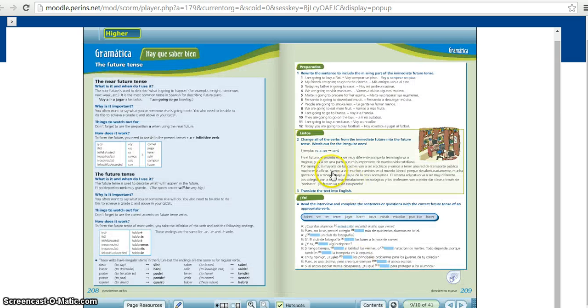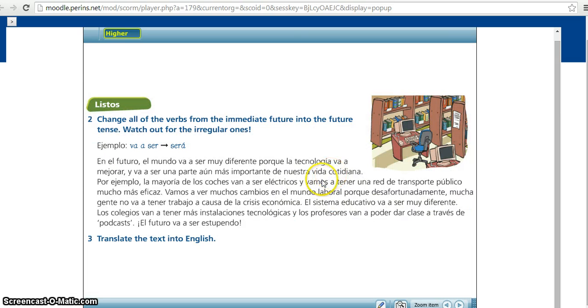So if we go on to the next one and have a look at this, we've got: En el futuro, el mundo va a ser muy diferente porque la tecnología va a mejorar. We can tell that mejorar must be an infinitive, for two reasons. One is that it ends in -ar. Secondly, it's got va a in front of it, which means that technology is going to whatever mejorar means. Now, first of all, we will find out what mejorar means,